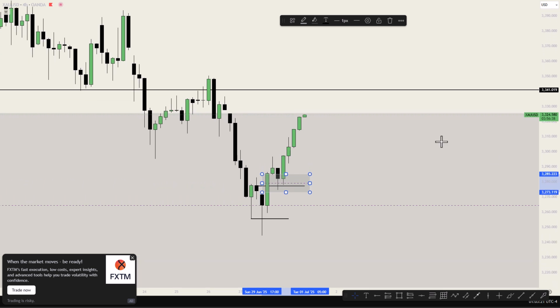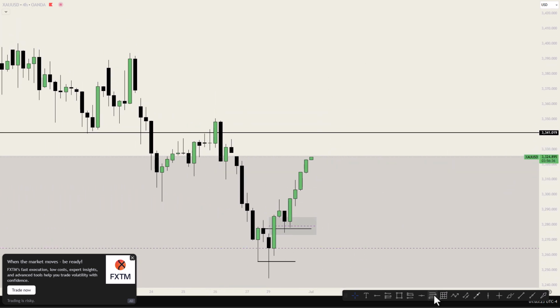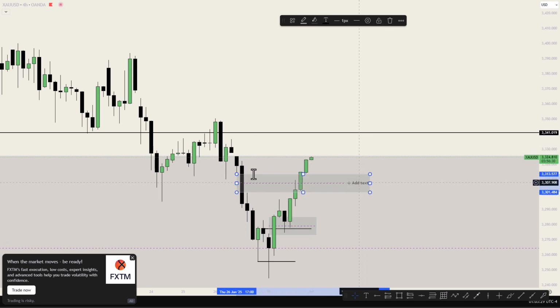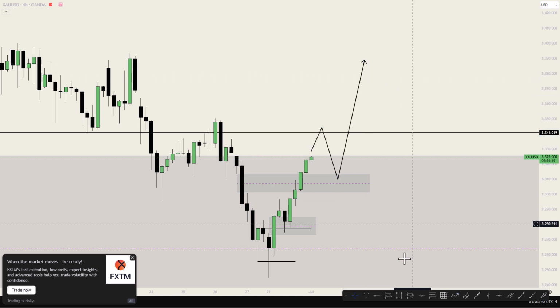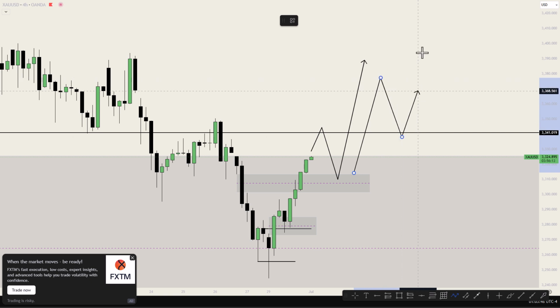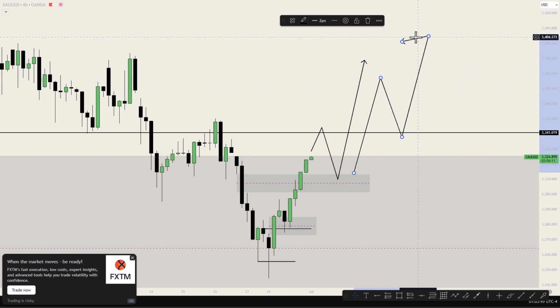And then what are we expecting? We see that price has violated this fair value gap. So we're likely to have this as an inverted fair value gap, IFVG. So what am I expecting? I'm expecting price to come here, then we have something like this, then like this, or we can see price continue like this, then like this, and then like this. So I'm expecting price to continue bullish.